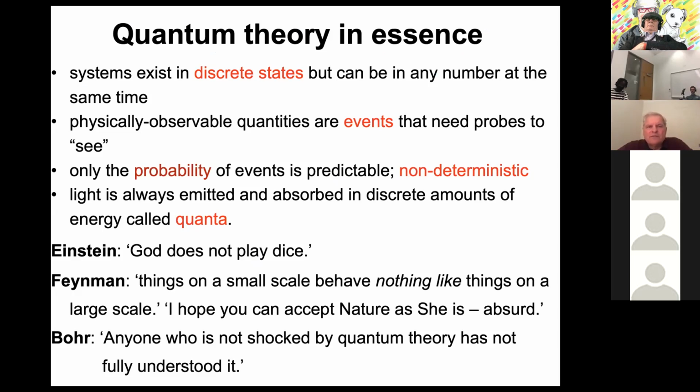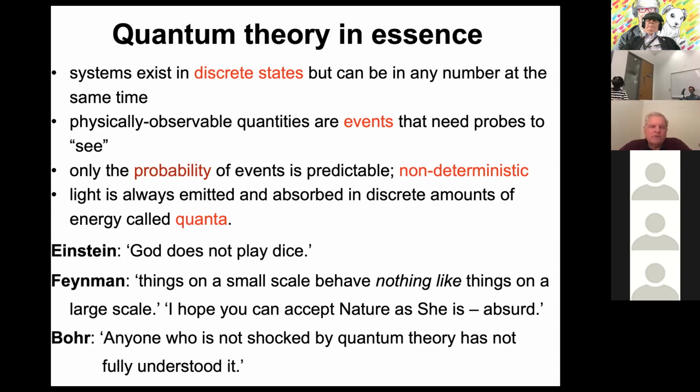Quantum systems or physical systems exist in discrete states, but can be in any number of states at the same time, which is again a bizarre world where a system can be in 2 states at the same time. You must have heard about the famous Schrodinger cat, which is both dead and alive in a suspended animation, called a superposition state. So quantum particles literally exist in such superposition states. So we only introduce probabilities instead of certainty of knowing where things are. And